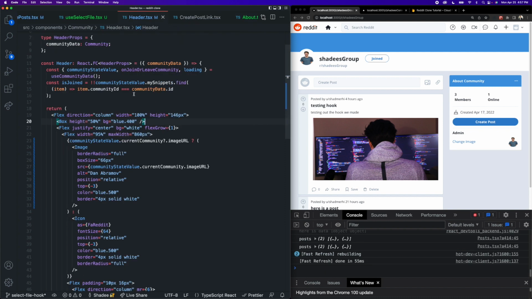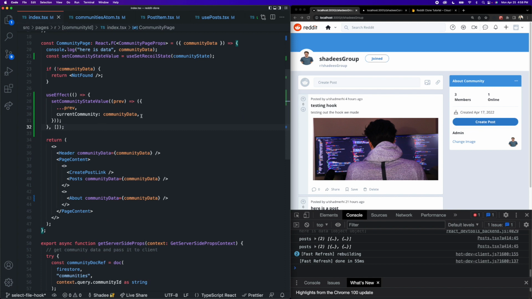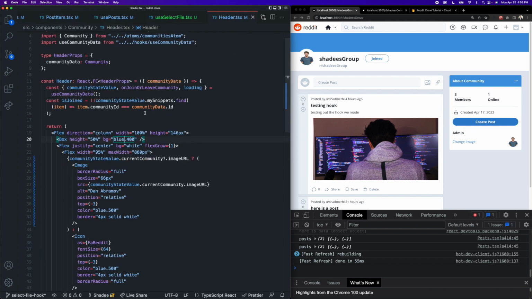So technically inside of our header component here, you could remove the community data altogether and just simply access the community state value dot current community, because they are pretty much the same thing. On the index page of our community, we took that data and stored it in current community state. However, the component renders slightly faster when we use community data because that data is coming directly from the server